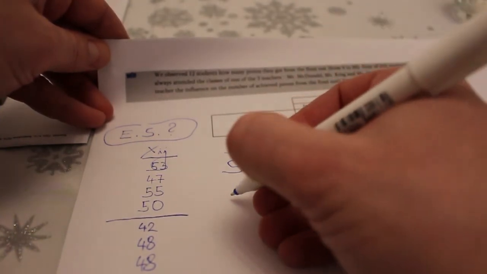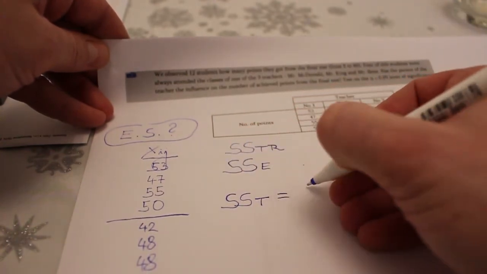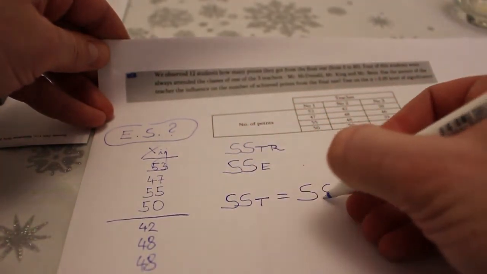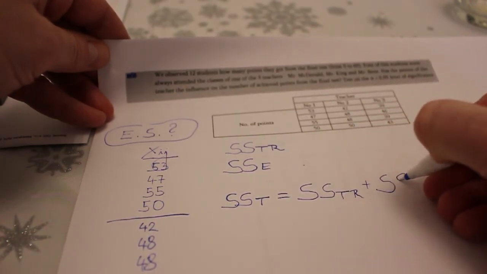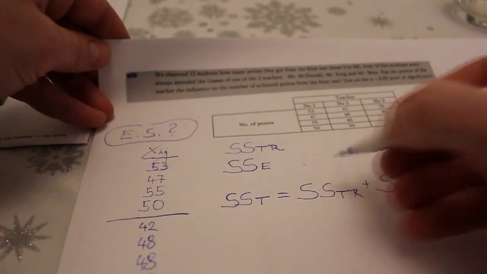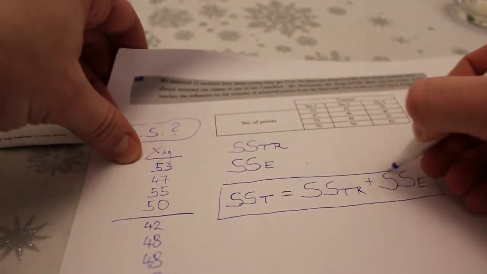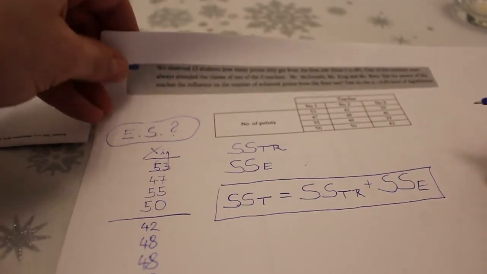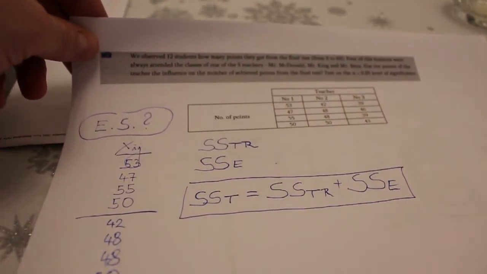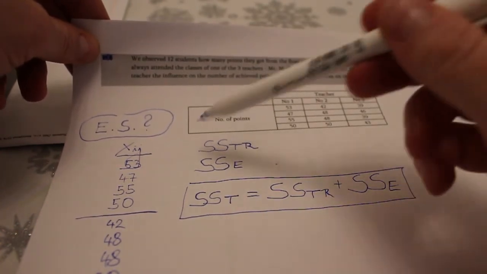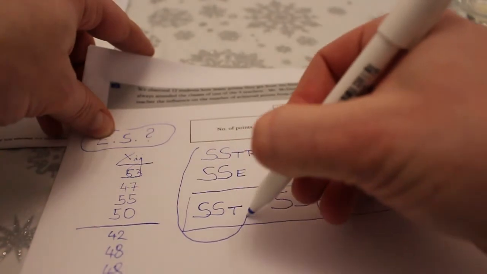And of course, do you remember that sum of squares total is equal to sum of squares treatment plus sum of squares error? Am I right? Okay. So now we will not calculate effect size, but we will remember the results of these sums of squares,